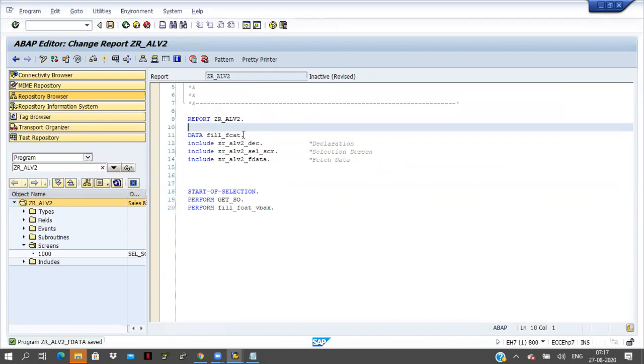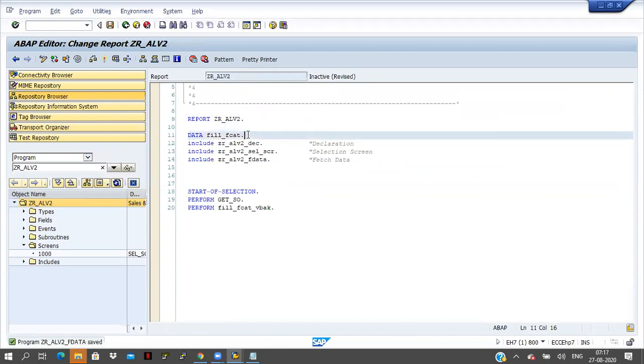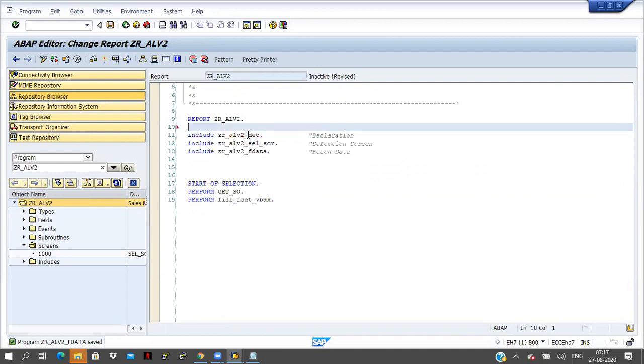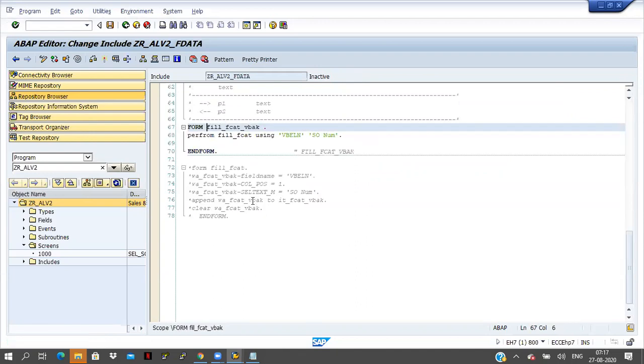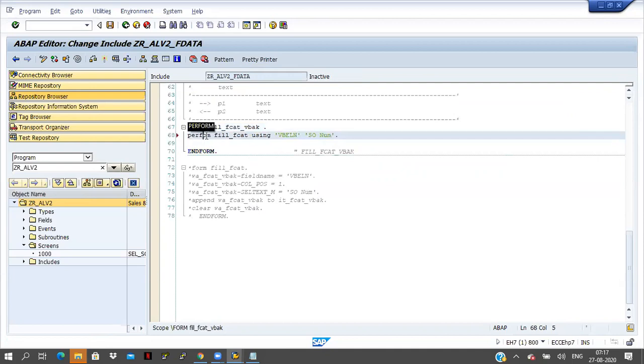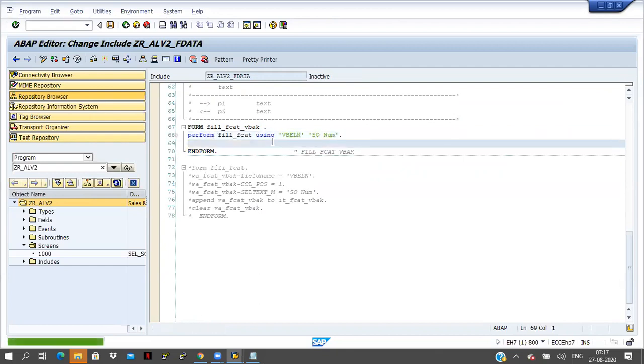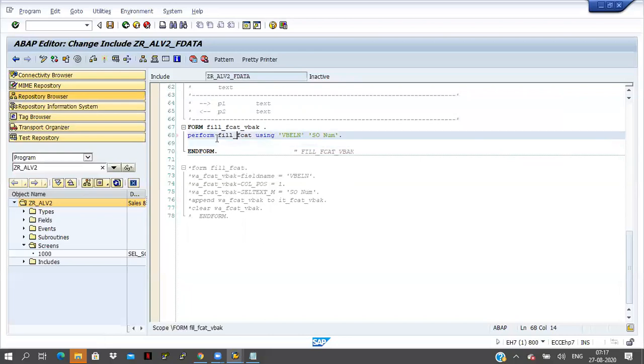Once again I am double clicking here, on fill_fcat.